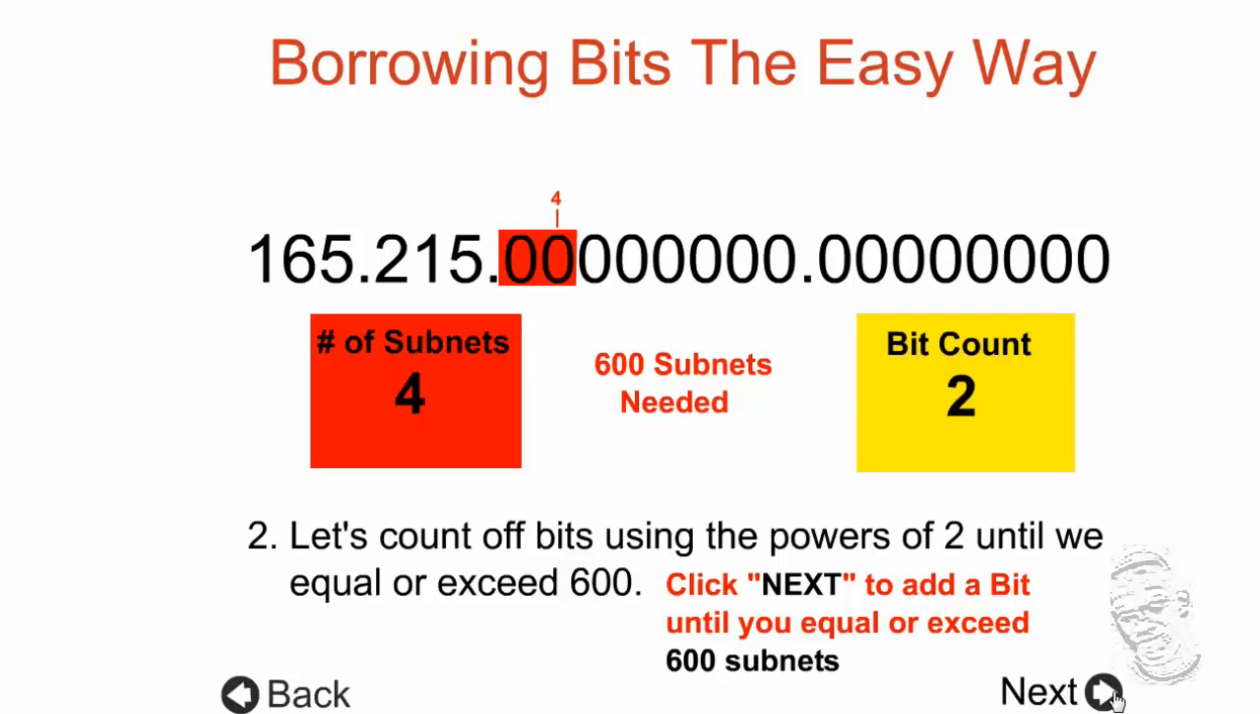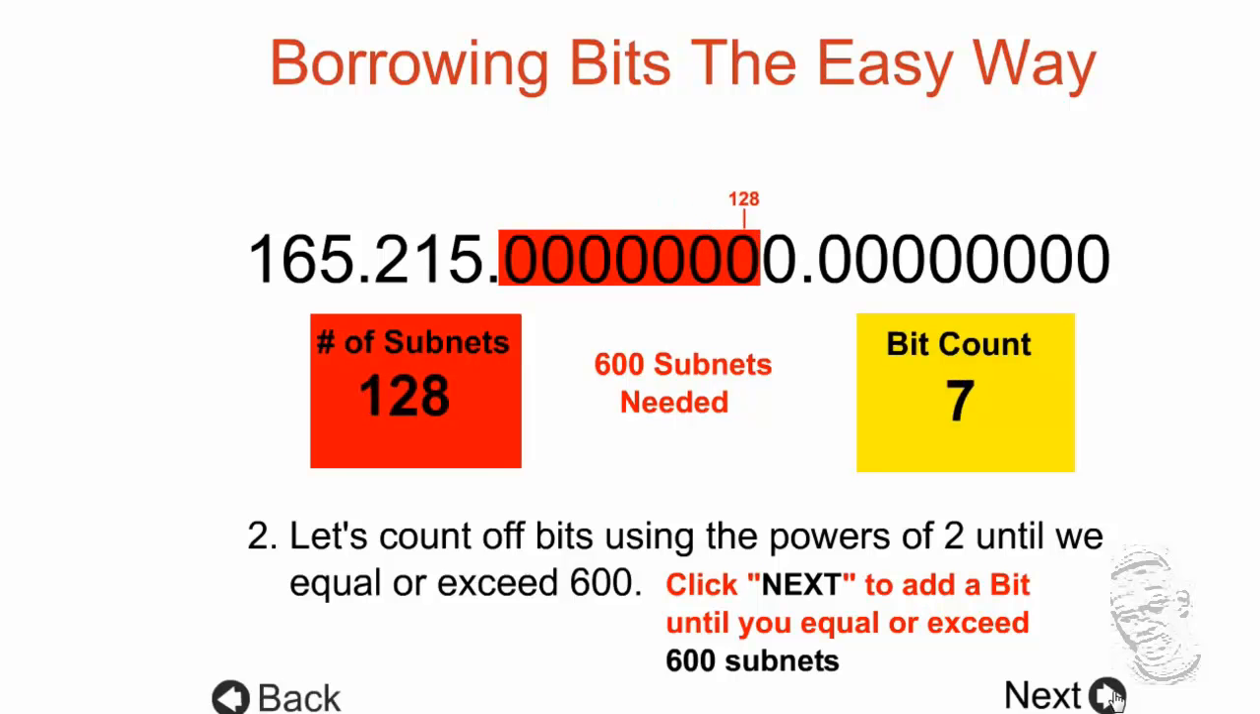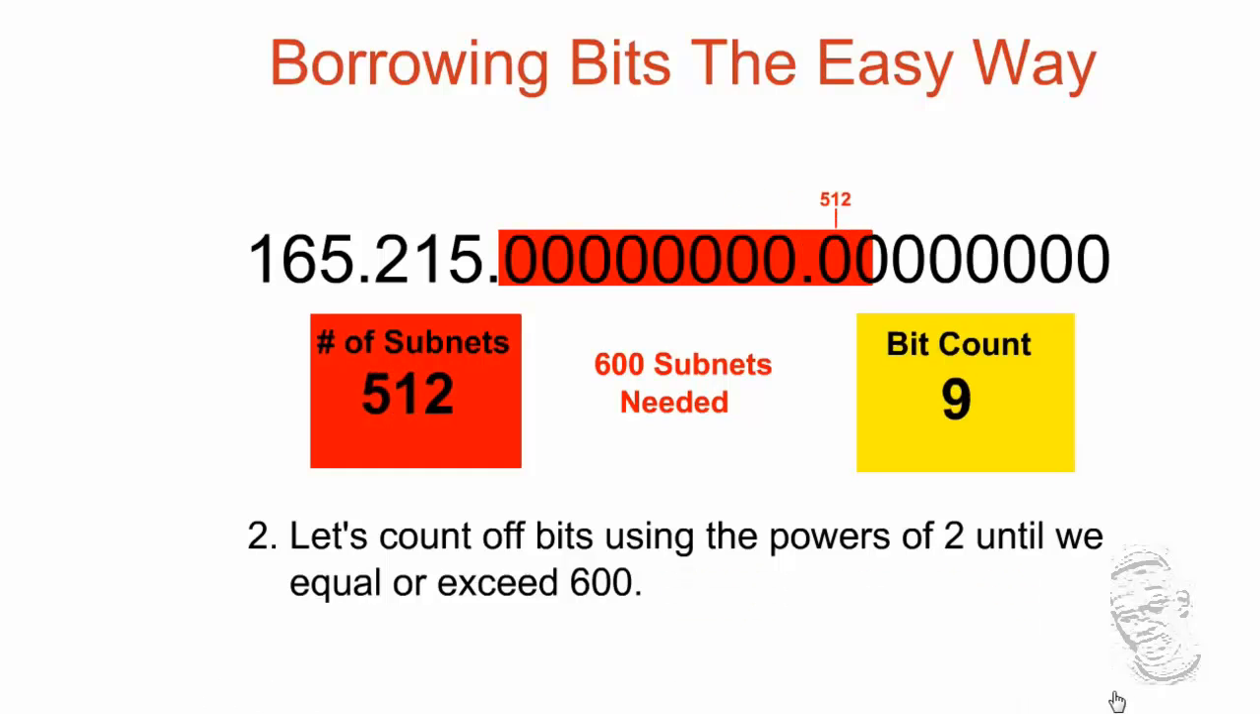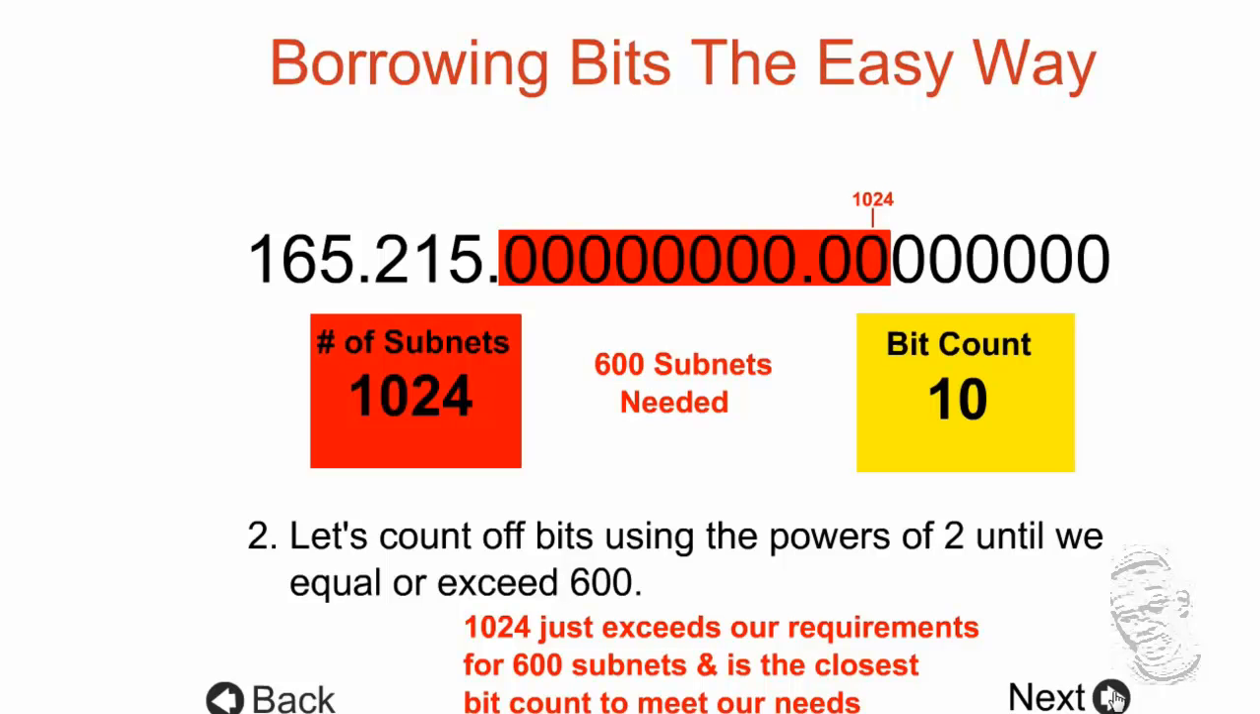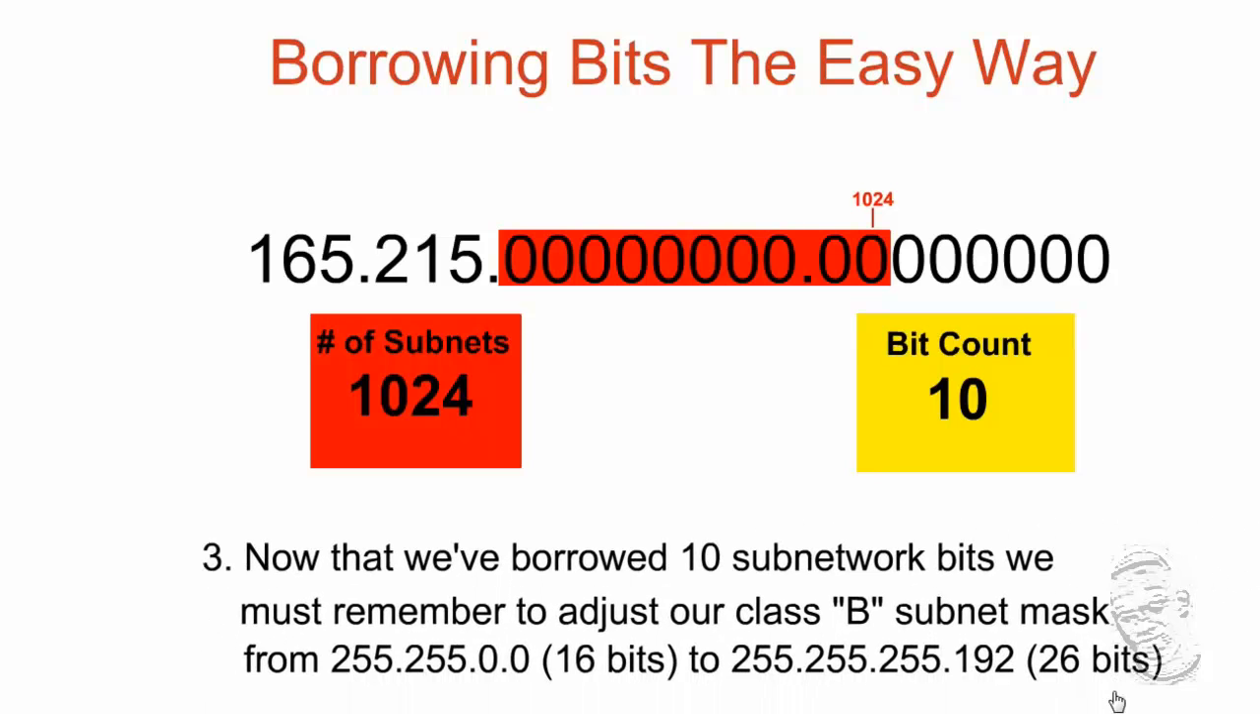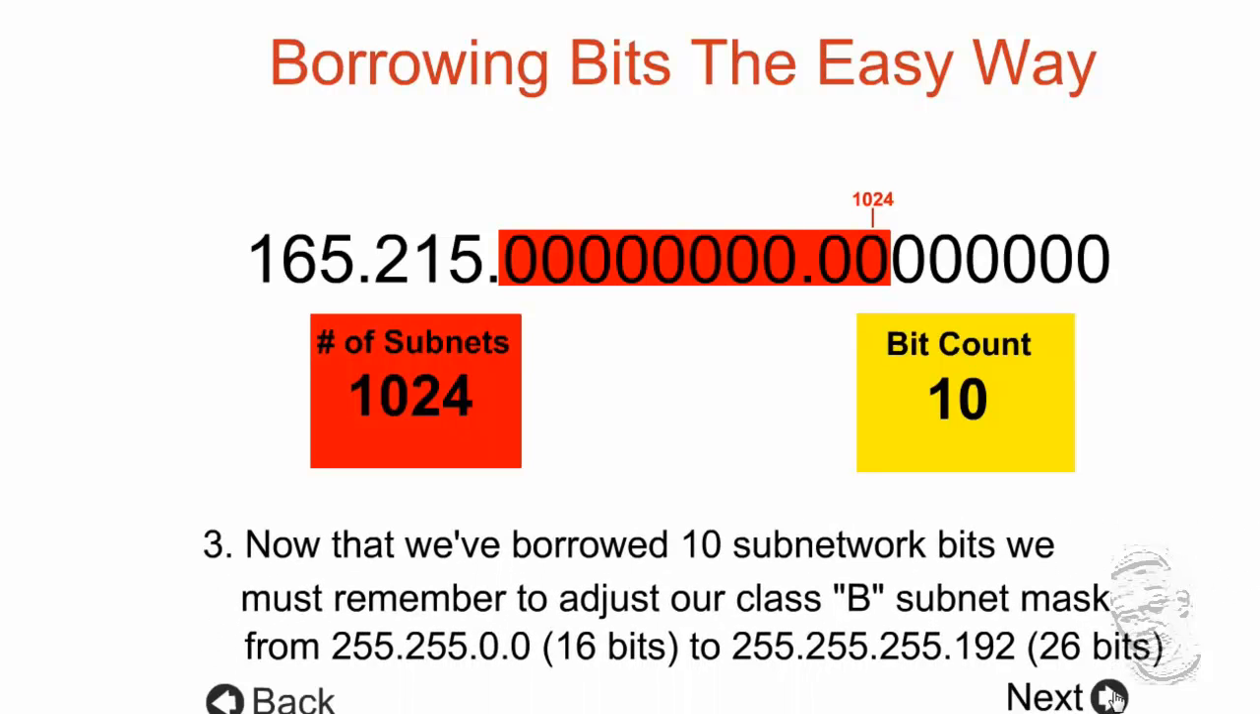Counting off the bits, 2 will give us 4 subnets, 3 will give us 8 subnets. And just remember we are looking at 616, and remember it's class B addressing, by the way. 64, 128, 256, which we passed already, 512, 1024, which essentially exceeds our requirements for 600 subnets, and this is the closest bit count to meet our needs. What do we do now? First, now that we borrow 10 subnetwork bits, we must remember to adjust our class B subnet mask from